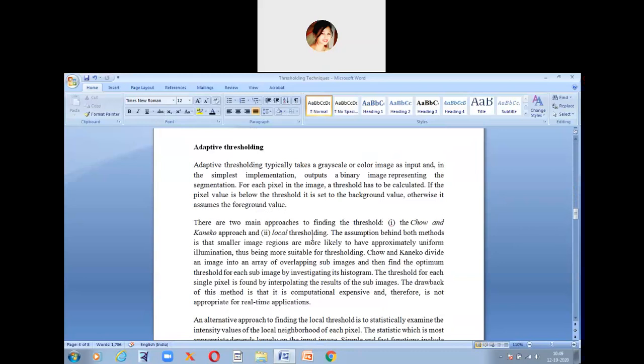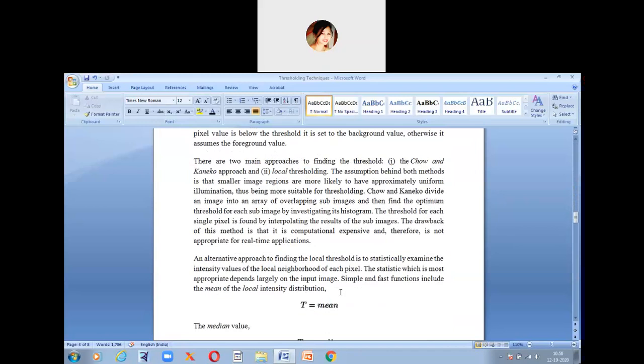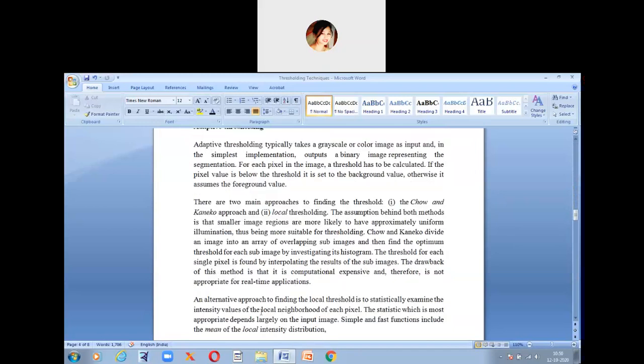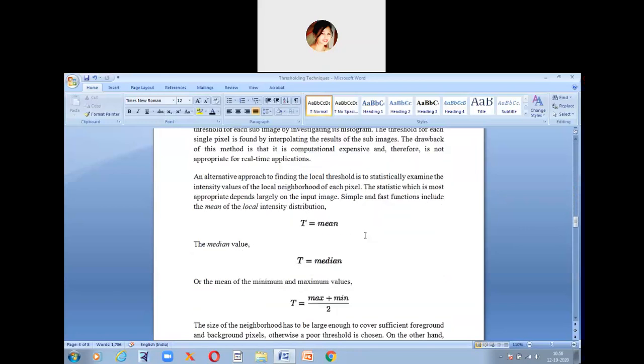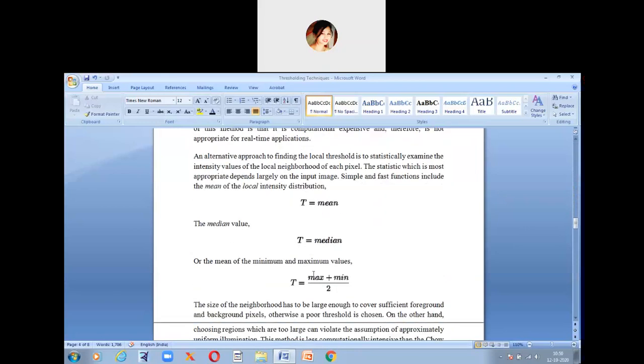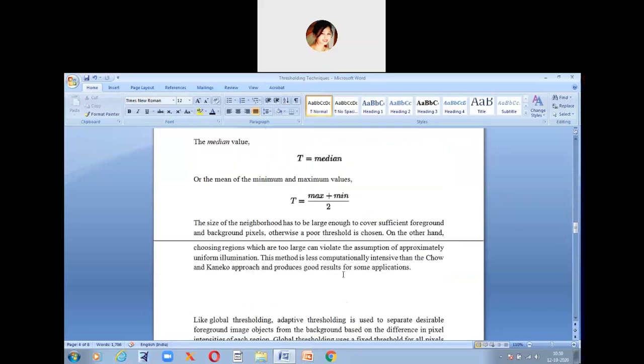Then we have three types: one is the global thresholding technique, one is local or adaptive thresholding, and the optimum thresholding technique. Global thresholding talks about the bimodal histogram, then the Laplacian operator, or if you don't use the Laplacian operator, you can divide the image using thresholds, that is upper, middle and lower threshold limits.